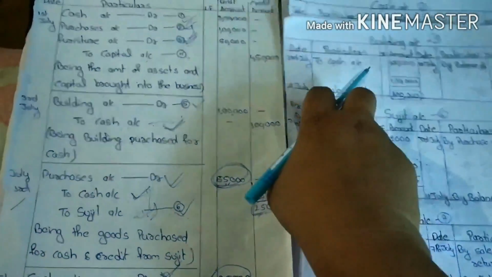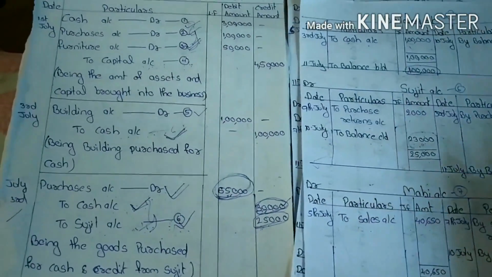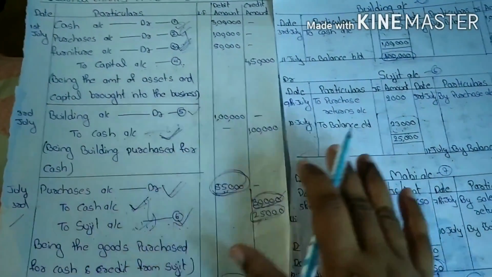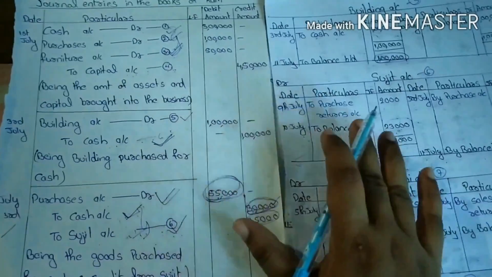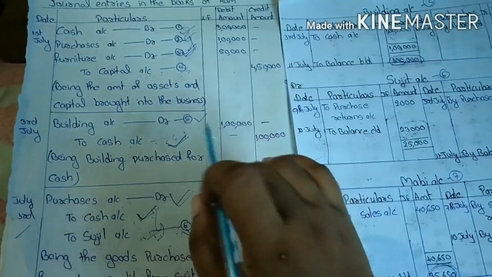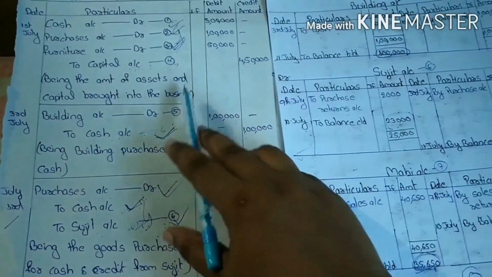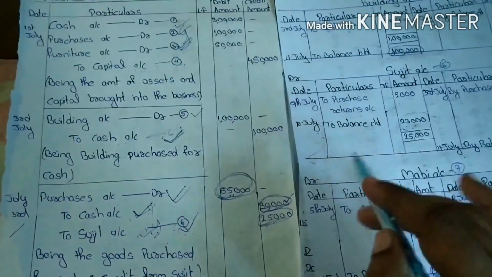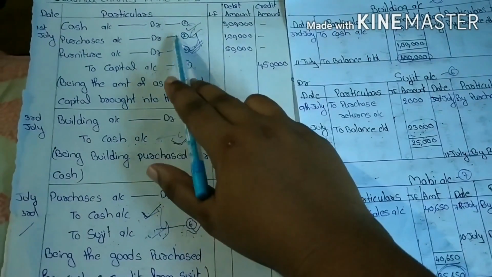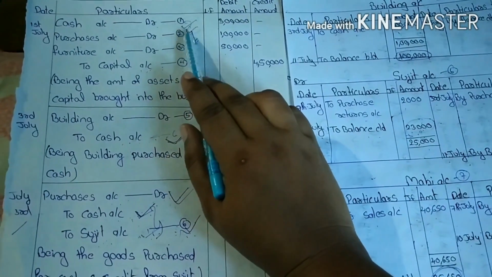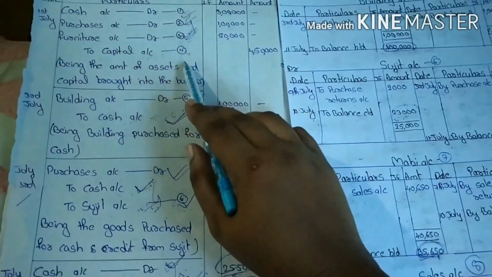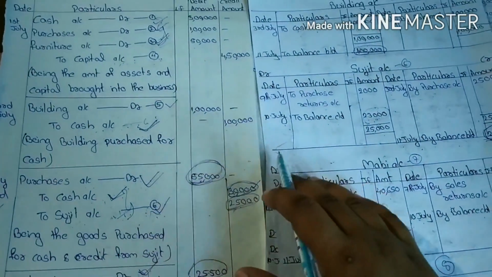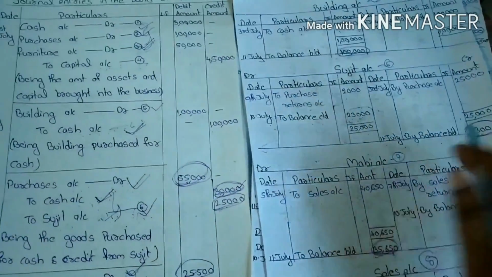So you have to prepare a separate account in ledger for each and every element, and it is a must, and you should not forget any element when opening separate accounts in ledger. So for ease, you have to mark the numbers, put numbers, and at last you have to collect all the elements for a separate account in ledger. Okay, that's it.